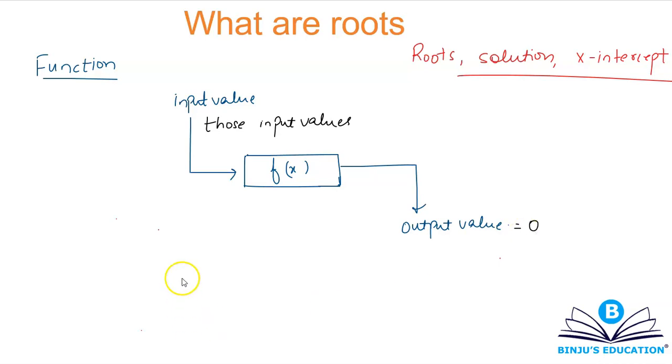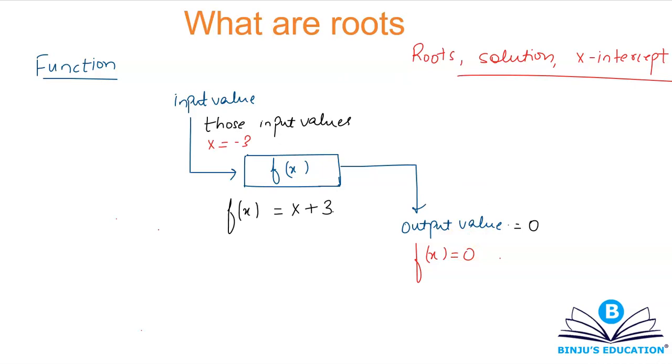Let's suppose I have a function f(x) = x + 3. I need to find the value of x for which f(x) is equal to 0. This is a very simple equation, so just by looking at it, you can say that at x = -3, you will have f(x) = 0. So what is the root of this linear equation? The root of this linear equation is -3. So you can have a root for any equation. It's not that root is a concept only for quadratics. You can have a root for any equation.